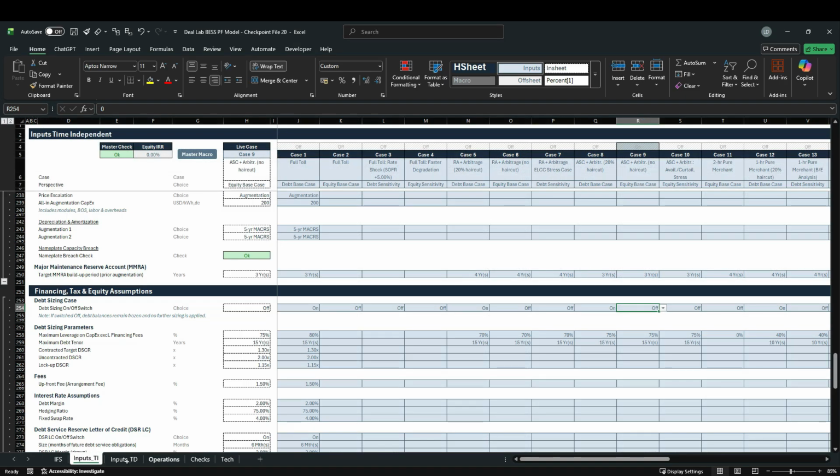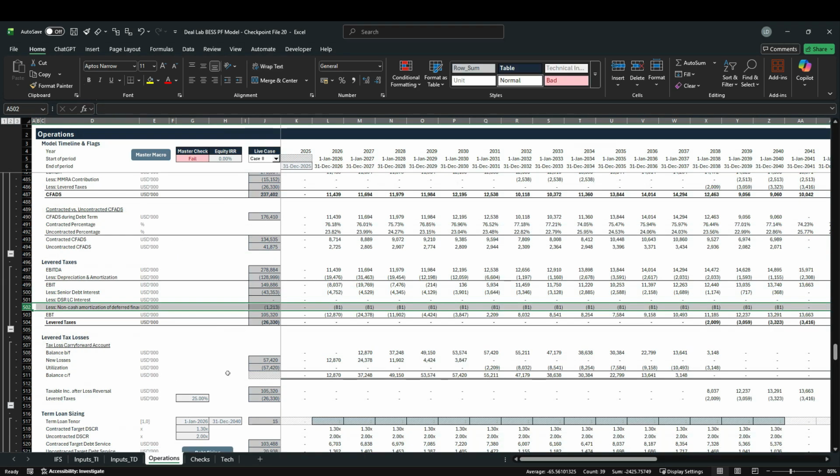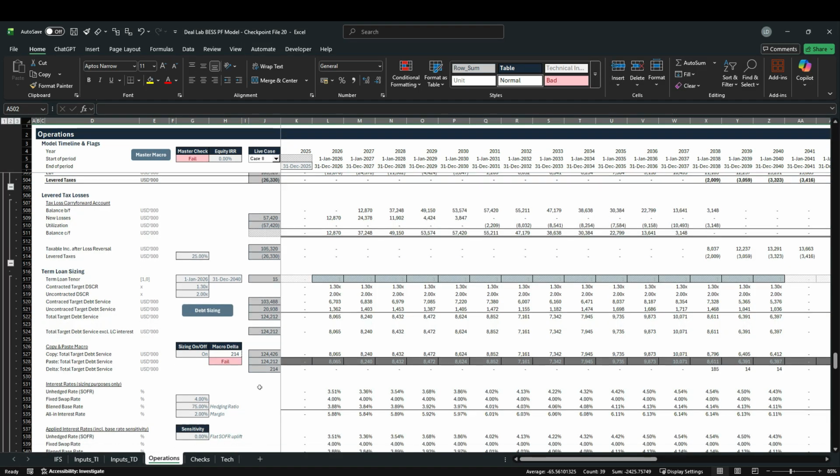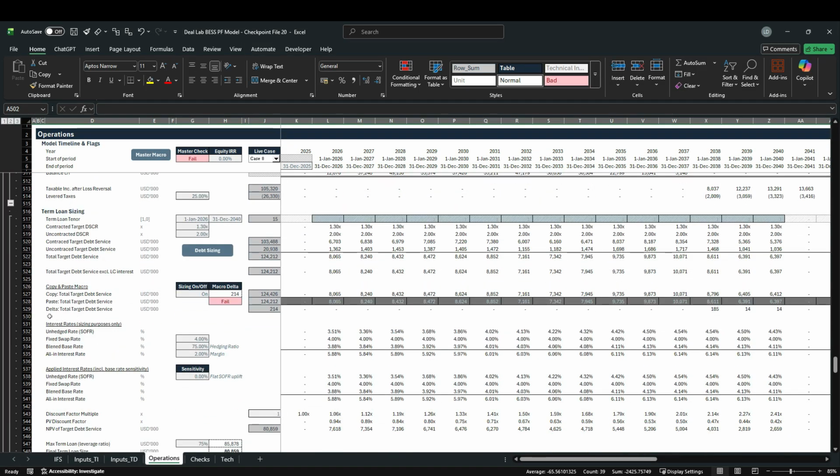So what we do here, let's practice this model logic. We select case 8, which is our debt sizing case. And you can see we actually get a fail right here, because as expected, our total target debt service is now slightly larger on a calculatory basis. So we hit our debt sizing macro,